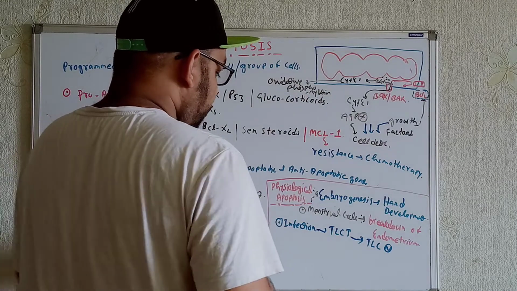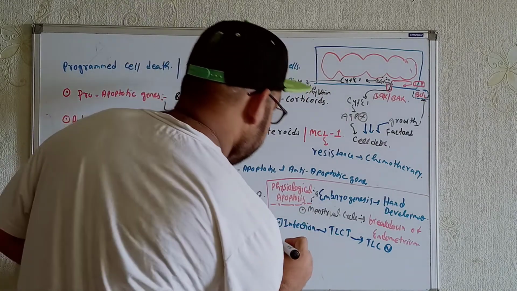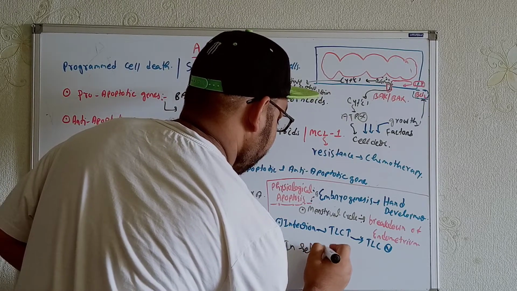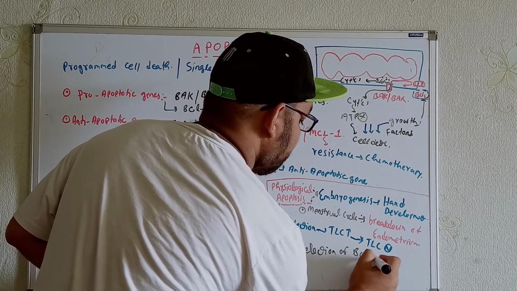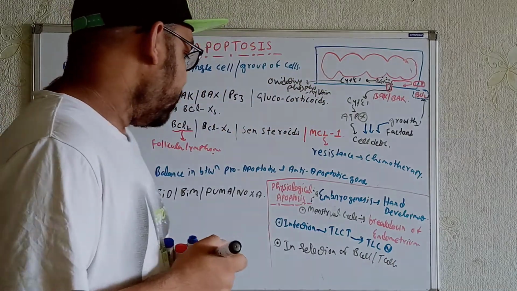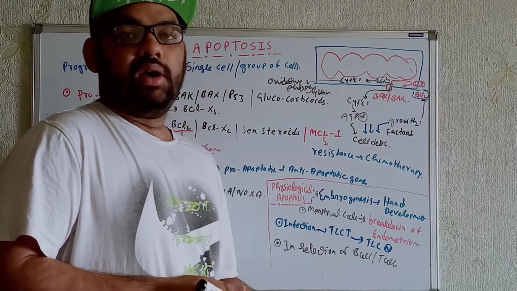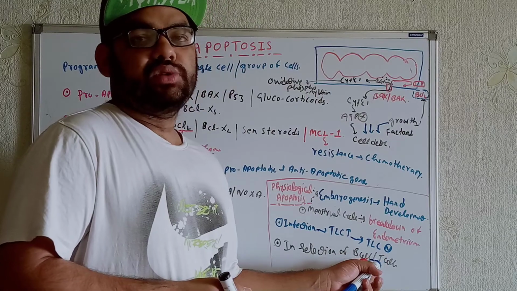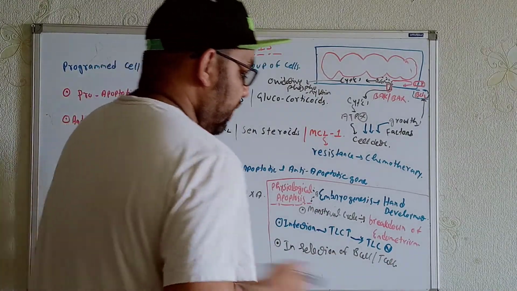Now we can talk about the selection of B cells and T cells. We know that in the bone marrow there is maturation of the B cells, and in the thymus there is maturation of the T cells. Now to test these cells in the bone marrow or in the thymus, we need to check them by doing the MHC process over here,